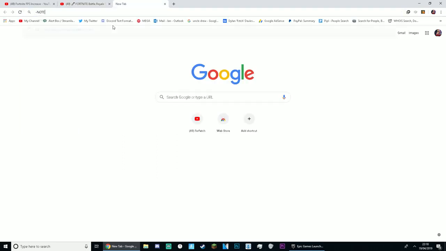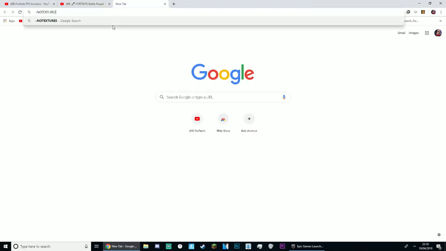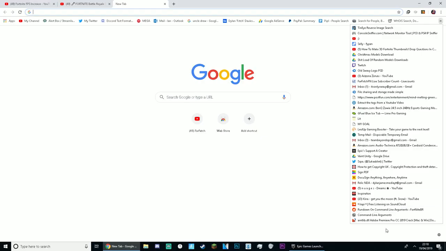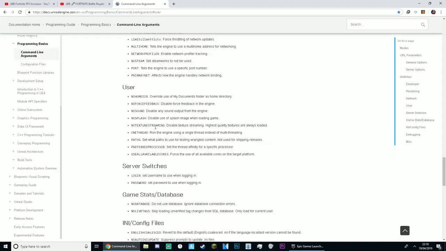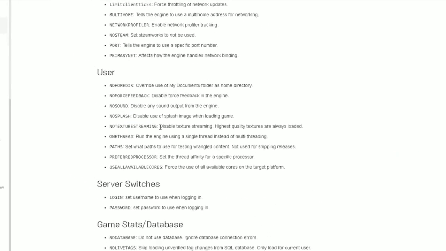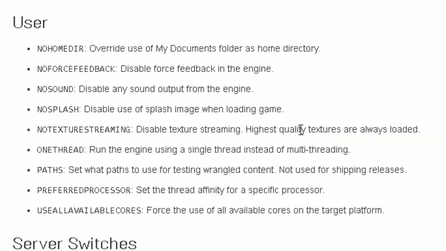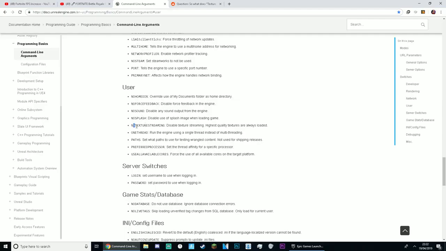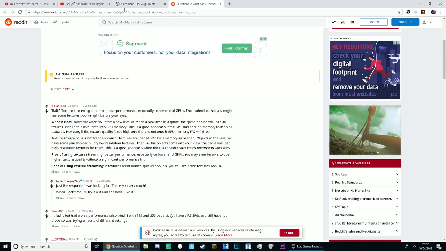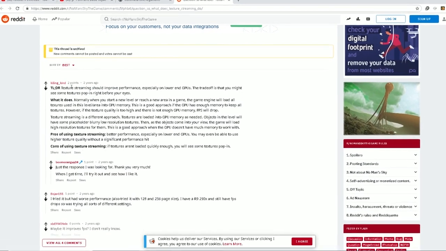So I'm just going to search it up now and prove this to you guys. Okay, well, there's no searches, but I do have this right here, which tells you all about the command line arguments. And as it says right here, no texture streaming disables texture streaming, highest quality textures are always loaded. So what it does is it disables texture streaming. And as I've got here on a Reddit, it says that texture streaming